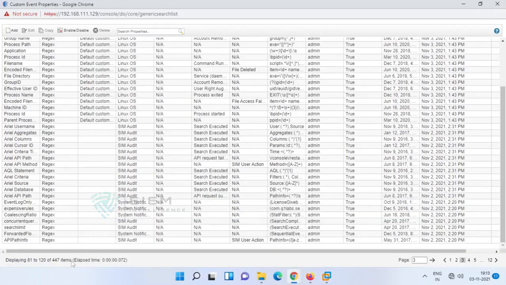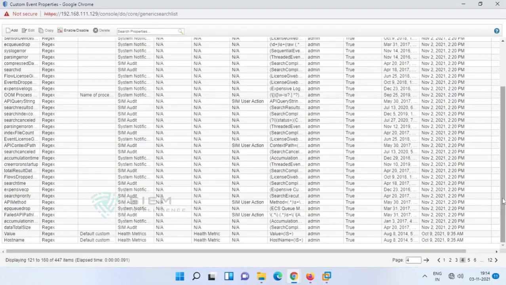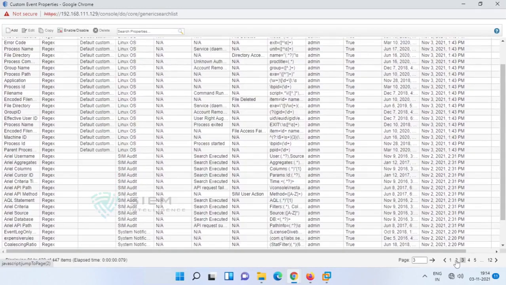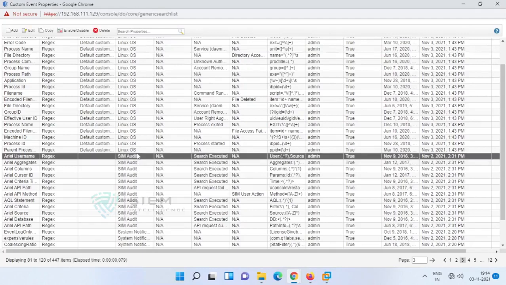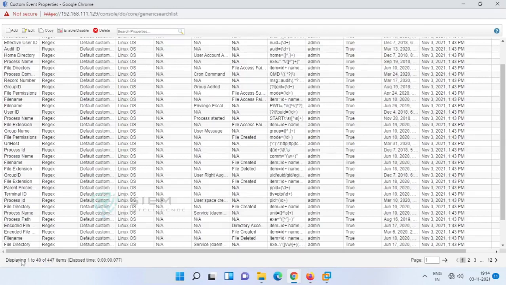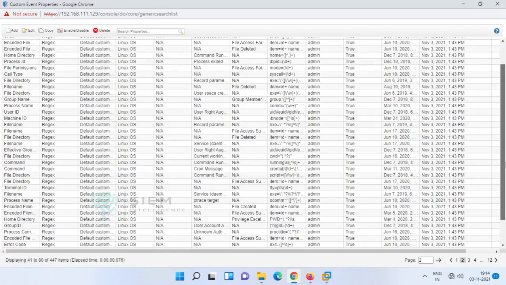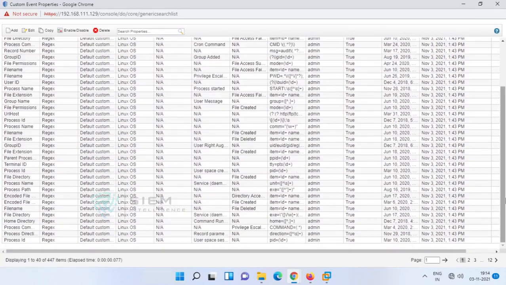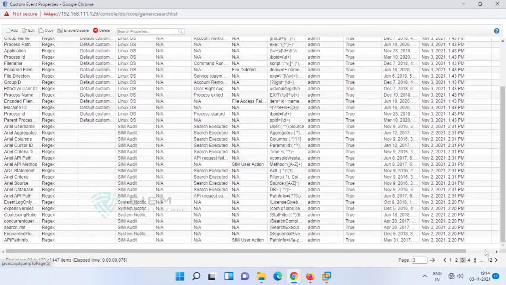In each page there are 40, one page 40, second page 40, total Linux OS. There is a total of 101 regular expressions, as I said. These are another 40, and the third page has another 21.